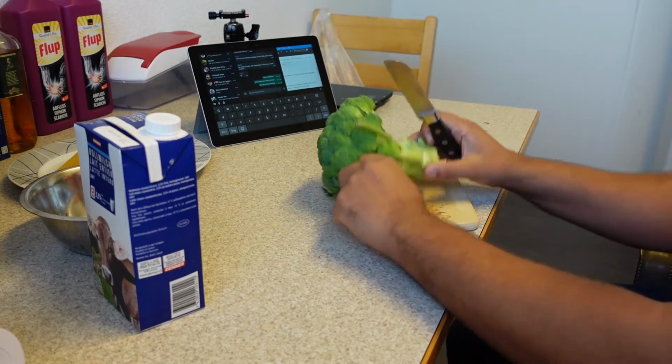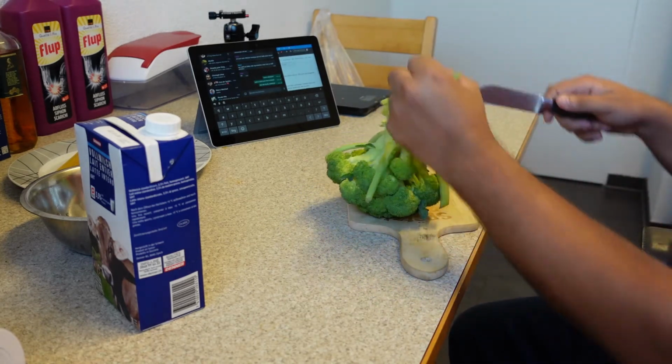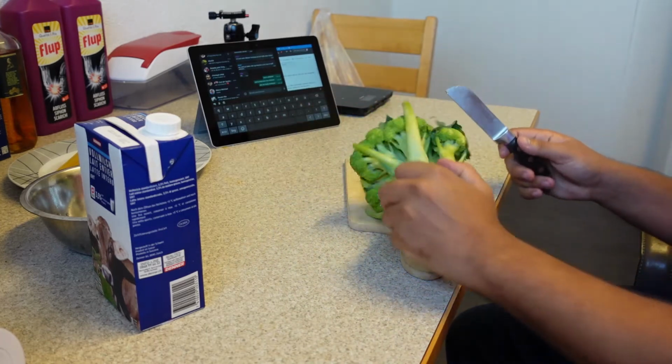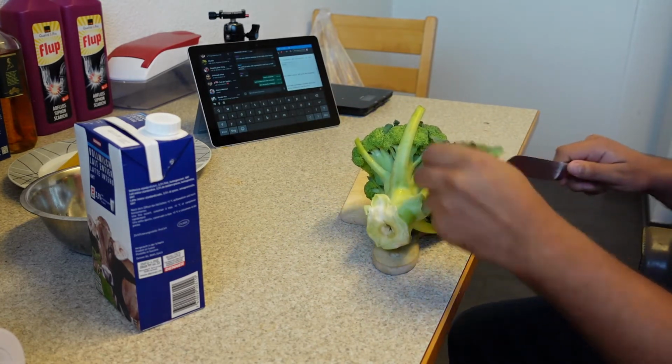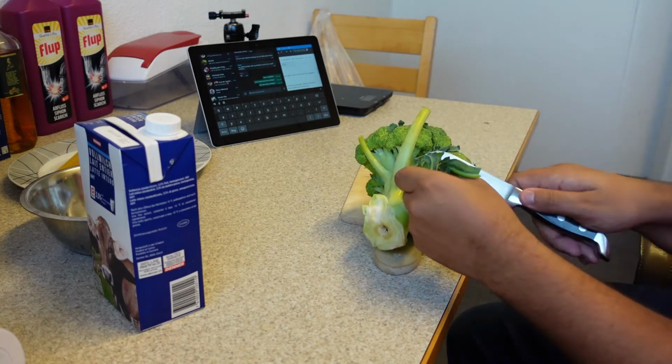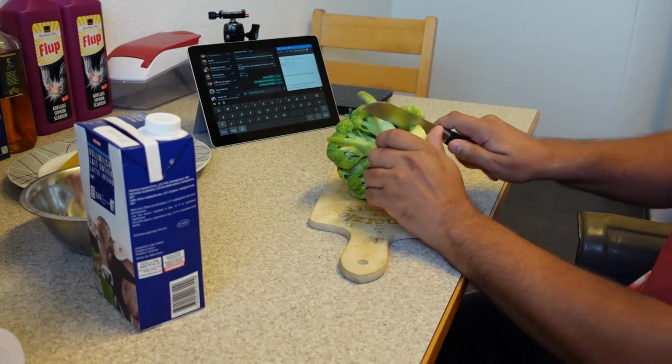I don't need these leaves, I think. I opened the window because I read that that might help. And I think I have really sensitive eyes to stuff like that. So they said to